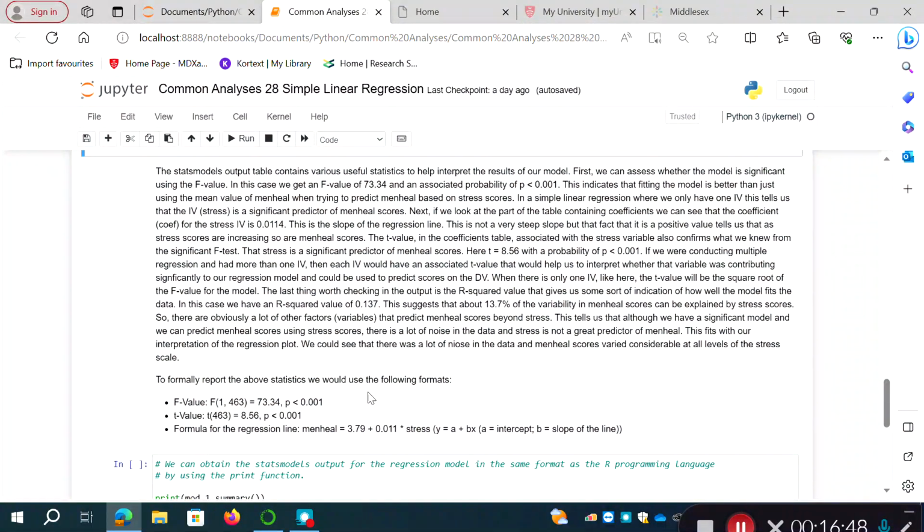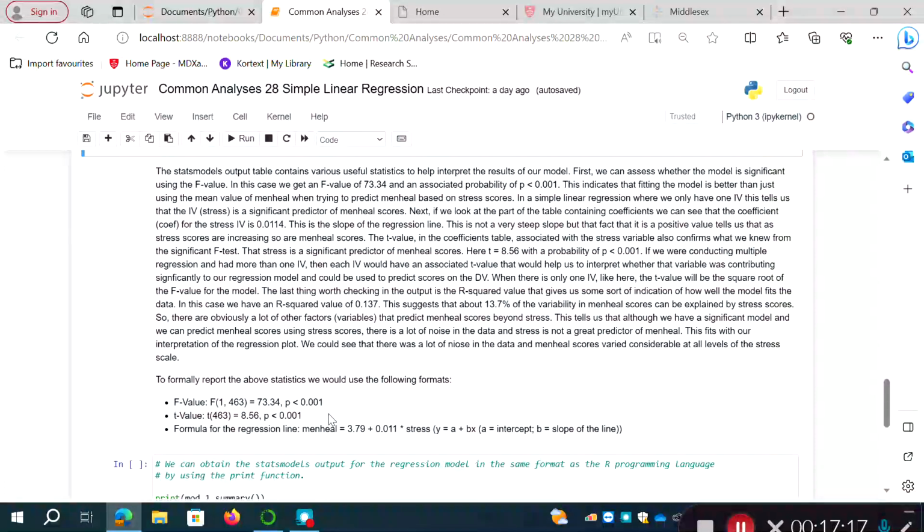To form the report, though, the key statistics that we've talked about there, we could use the following formats. To report the F value, we'd report an F, open parentheses, and we'd put the between groups and the error degrees of freedom. That's a 1 and 463. Report the F value, 73.34, comma, p is less than 0.001. Same for the t-value, t, open parentheses, put the degrees of freedom, 463, is equal to 8.56, p is